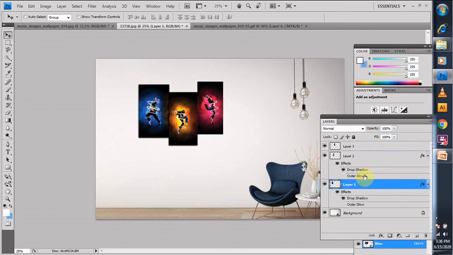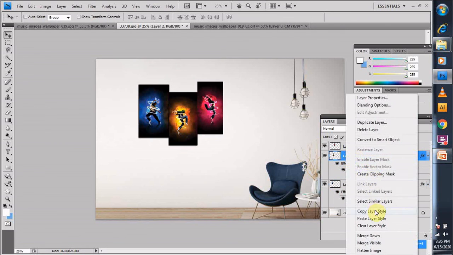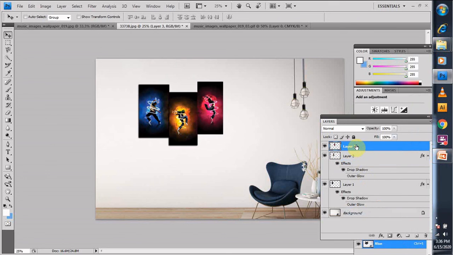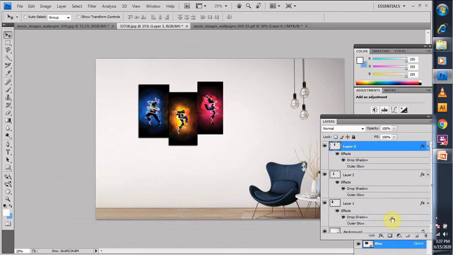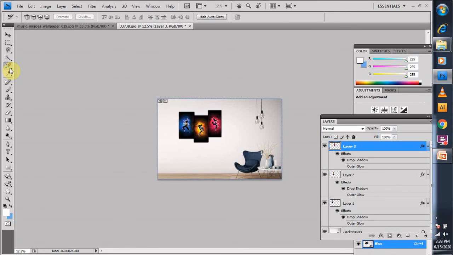Where is paste layer style? As soon as you copy the layer style and paste the layer style, the same values get attached to that particular area. So again right click and then copy layer style, because we are copying the layer style. These options are known as layer style, but actually these are effects which can be applied to your image to make it look 3D while being 2D. It just gives you a look. So paste layer style. So see the image.